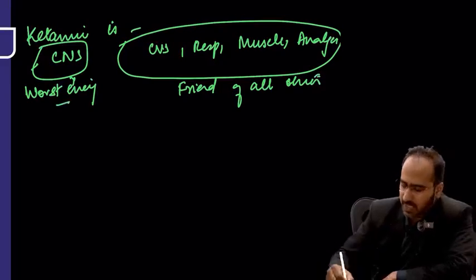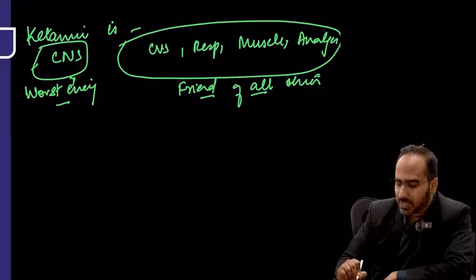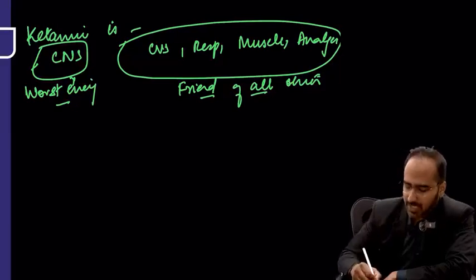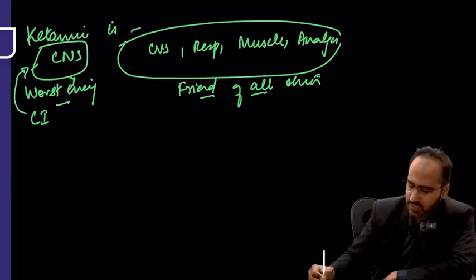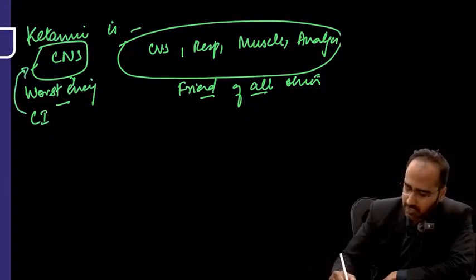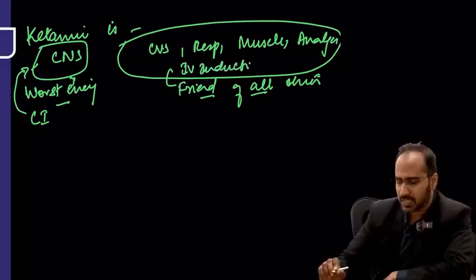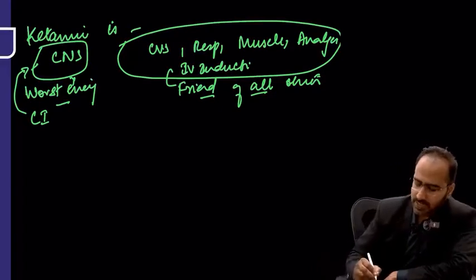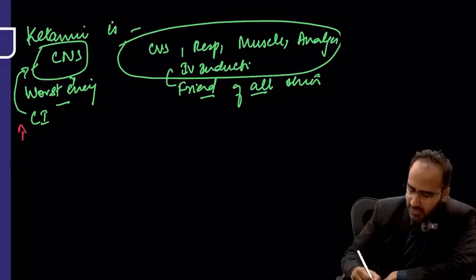Now with this we can easily come to know what MCQs can be covered. Worst enemy, it will have contraindications to the CNS. Friend means it will be used as the IV induction agent of choice for problems of these systems. Why is it regarded as the worst enemy of CNS? Because ketamine increases the intracranial pressure,